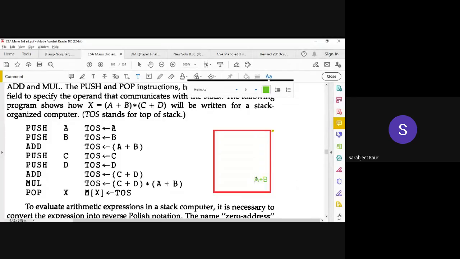Right? I already have a plus b. I had stored that. Then on top of that, there is already c plus d, right? We did that later. Okay, so this is the top of the stack right now. Now when I say multiply, what happens is that this is popped out and this is also popped out. Both of them are popped out and then they are multiplied. Okay, and whatever is their result, it will be stored